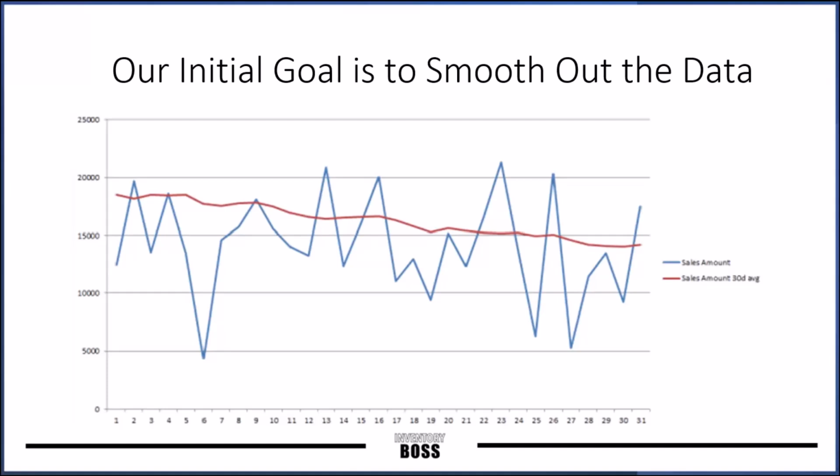I wanted to give you a visual for what you're about to learn in terms of moving averages and exponential smoothing, things that sound kind of complicated, but what they're really doing is this. They're creating a red line out of that blue craziness, and we're smoothing out the data so that we can manage it and forecast with it. You can't forecast off the blue line. That's just nuts. But the red line, we can. And so our goal in our forecasting models is to smooth out the data, get rid of the noise, so that we have the ability to make a coherent and very accurate sales forecast.